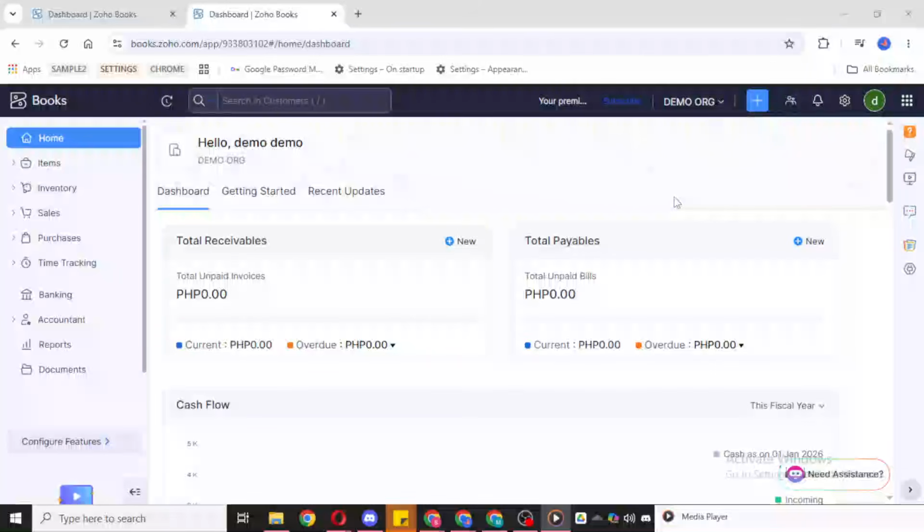In today's video, I'm going to teach you how to integrate Zoho Books with Shopify. If you want your accounting and online store data to work together more smoothly, connecting these two platforms is a great place to start. This integration can help streamline your workflow and reduce the amount of manual work involved in keeping your records up to date. I'll walk you through the process clearly so you can follow along without confusion.